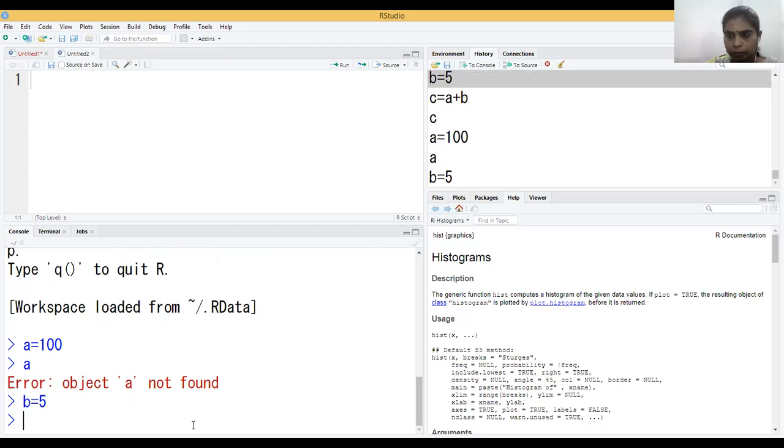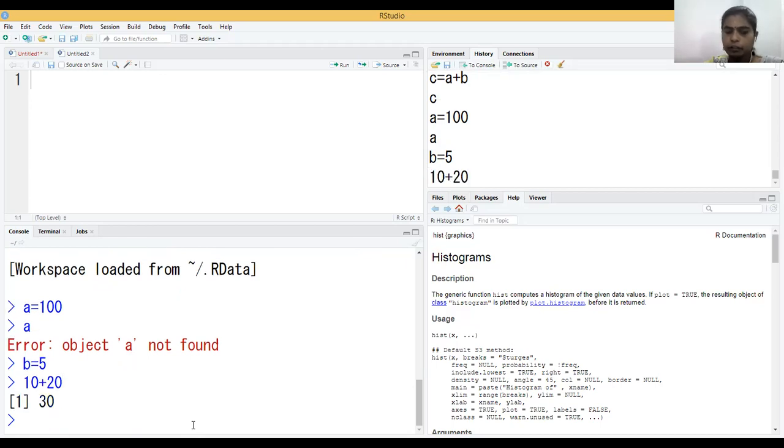Okay. Is there any other way to get my command back? In the command prompt itself, I can use the arrow keys, right? How many arrow keys do we have? Left, right, top, and bottom. Use the top arrow key. You will see whatever commands you have typed. Can you try that? These are commands we executed yesterday. I am able to retrieve all these commands just by using the top arrow key, right? Whichever command you want to execute, just go to it and hit enter. You will be able to execute your history commands also. So there are 2 ways of retrieving the commands. One is by using the upward arrow. Otherwise, we can go to the history to fetch the command.